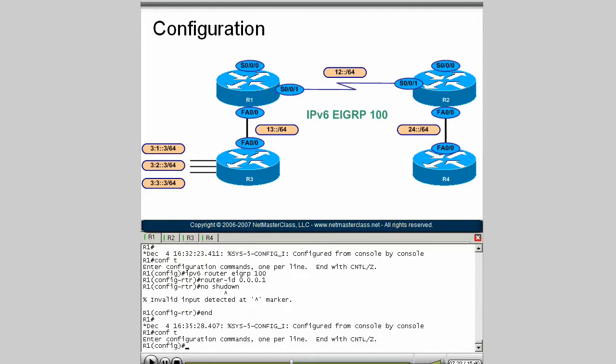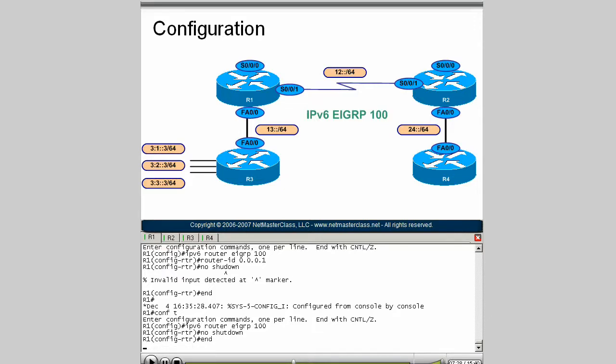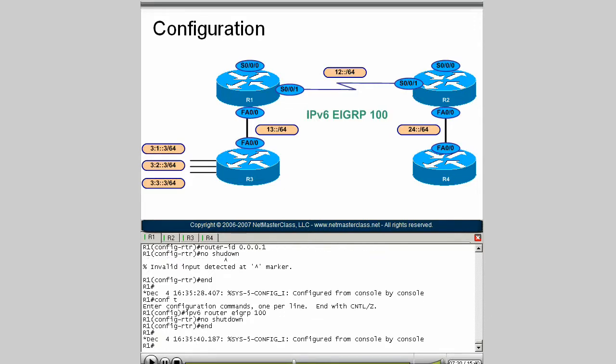Once I say no shutdown properly, ipv6 router eigrp 100, we should see an adjacency establish. We've got our router ID, we have enabled the process, and we should see an adjacency. Let me do a show ipv6 eigrp neighbor,